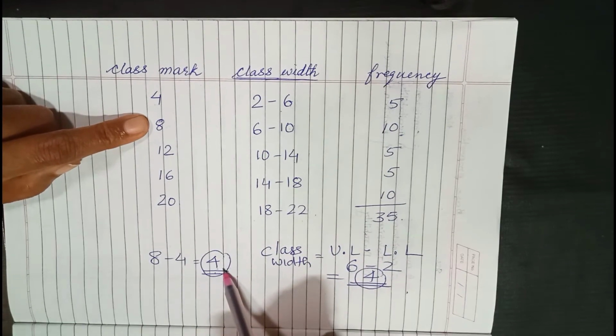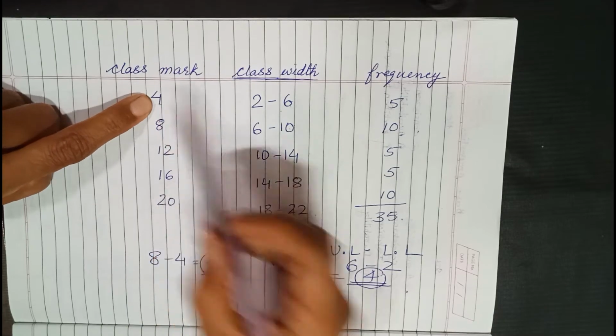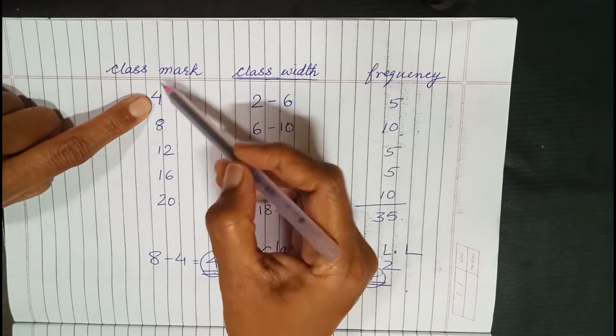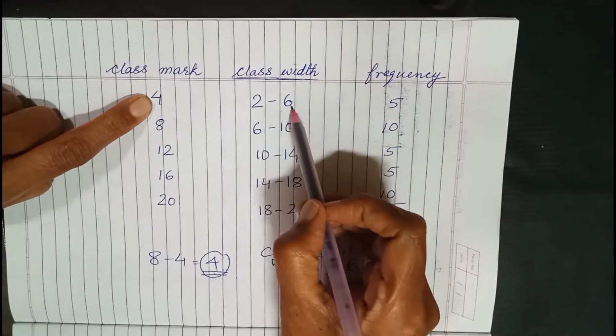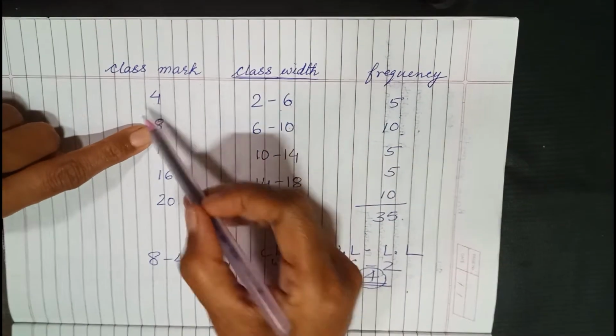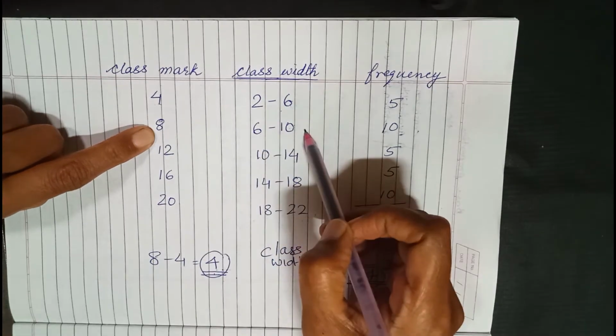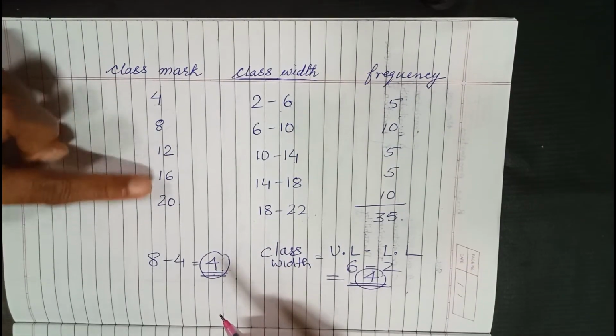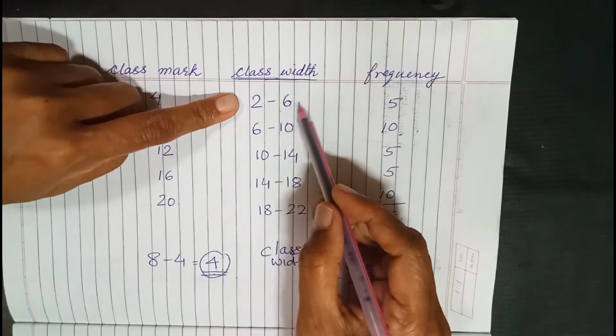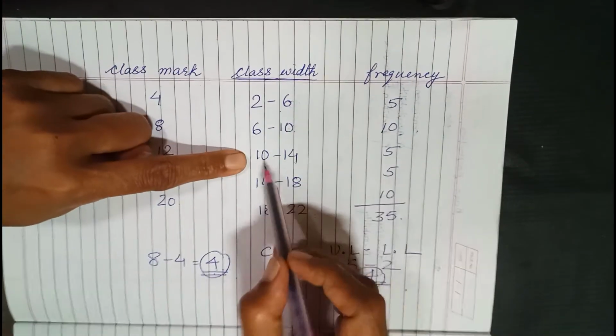And now once we get the class width, this is the midpoint. So if I want 4 as the class width, I will select 2 points to the left, 2 points or 2 scores to the right. That is how I get 2 and 6. Similarly, 2 to the left, 2 to the right, 6 and 10. So using this, if any class mark is given, you will see that the gap is different. Now again you can see 4, 4, 4. The class width is 4.